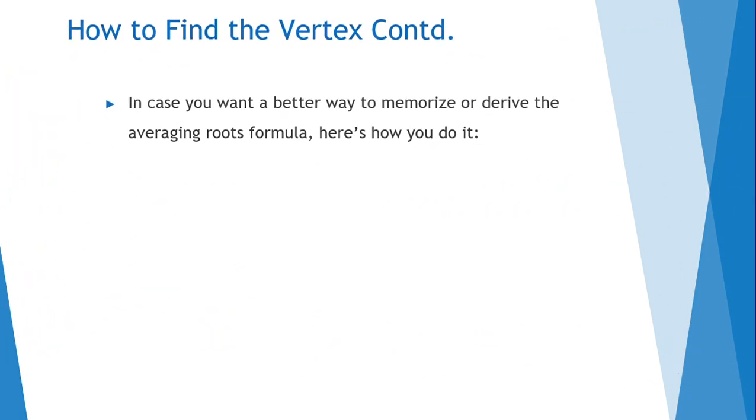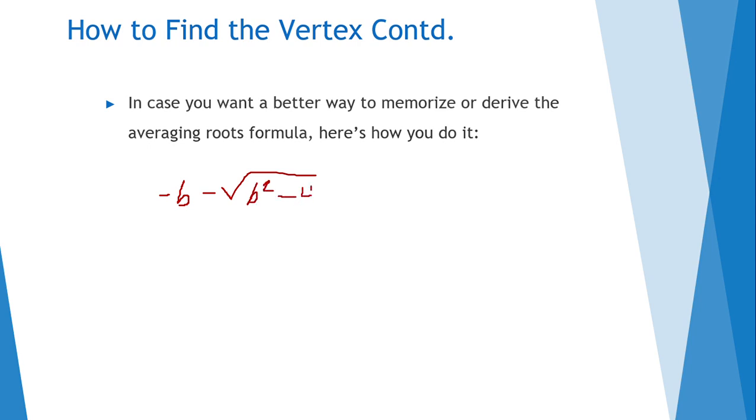In case you want a better way to memorize or derive the average and roots formula, here's how you do it. Essentially, you're trying to find the average number in between two roots. So you want to write one quadratic formula, but instead of the plus or minus, we're just going to put a minus sign. So let me just write it down. So negative b minus the square root of b squared